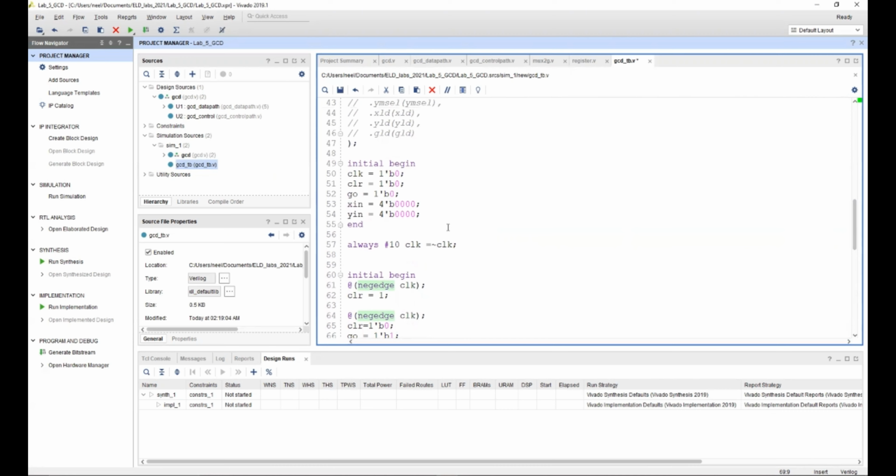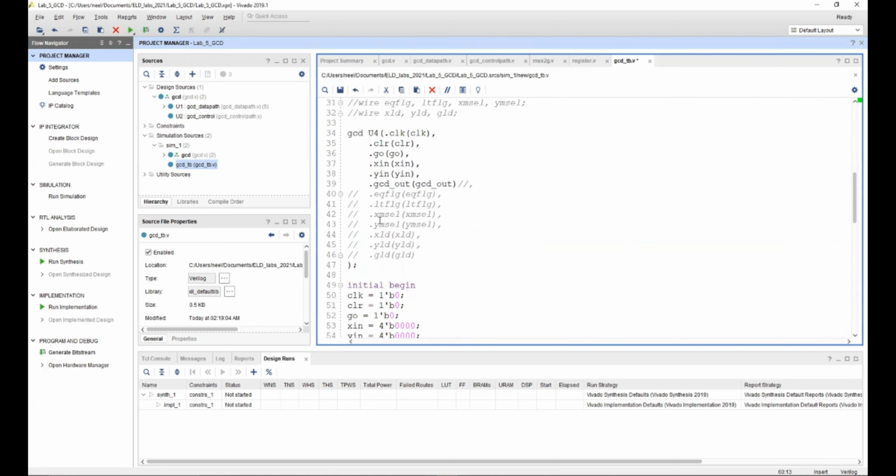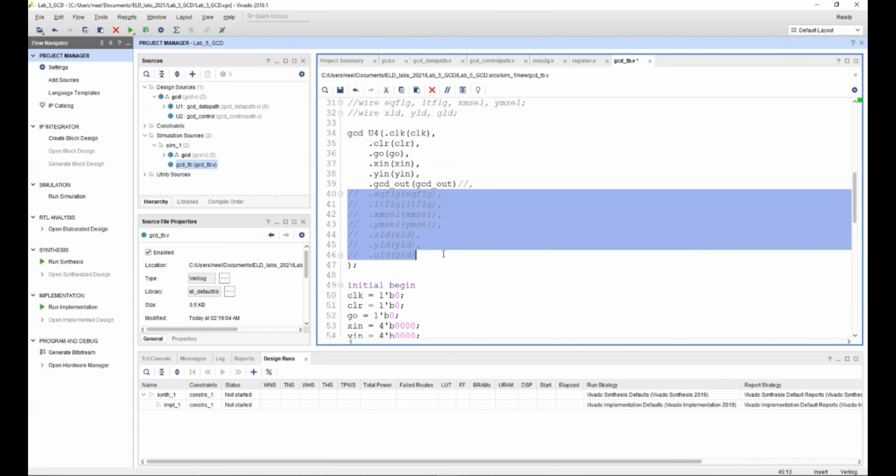So here is the clock. Again, if you want to debug the code and understand how each and every signal works, these barrel signals, all these load signals, the select lines, and these flags, you can use this piece of code here. You can just uncomment it.